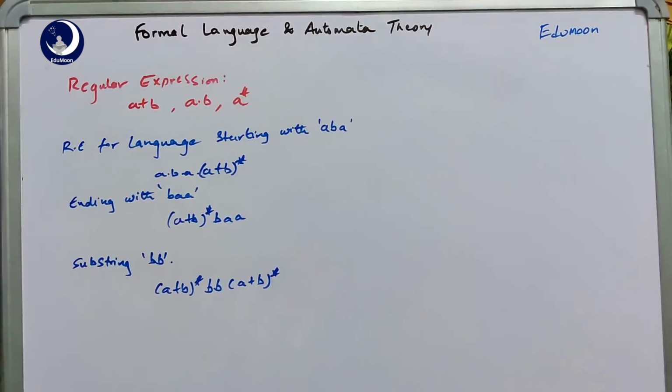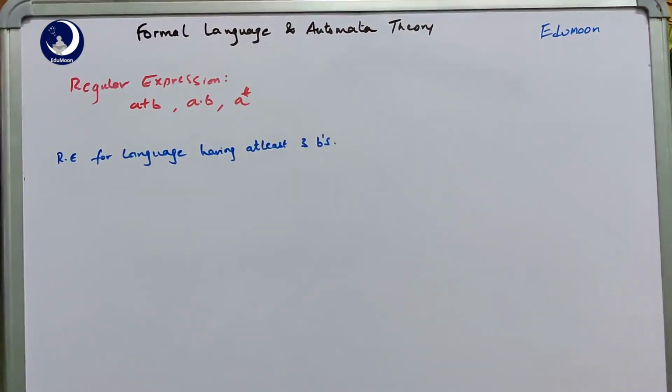So let us take another example here. Let us take a language which has strings with at least 3 b's in it. So we want a regular expression for the language having at least 3 b's. This is how we write it. Initially (a+b)* generates any number of symbols. Then we have a b, then a*b, and again (a+b)*. So the starting and the ending (a+b)* generate any number of symbols. But in the middle we will have at least 3 b's, and between those 3 b's there can be any number of a's. So there is no condition on the number of a's in the regular expression here.